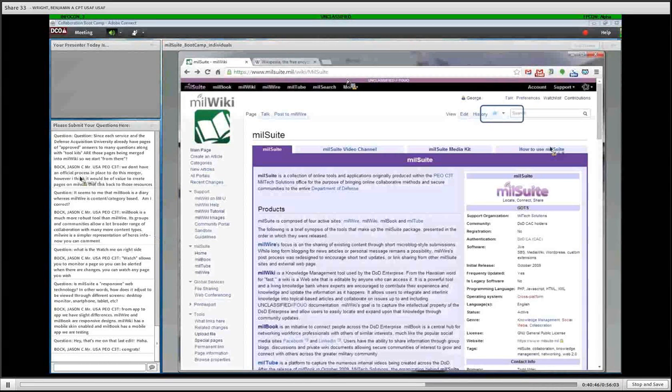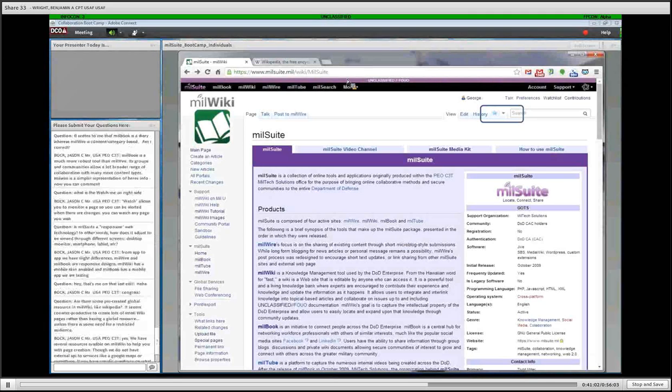So there's, again, there's a lot of options, like Notebook. There is no right way to do it. Obviously, there are better ways than others to do some things, and we'll talk about that in more detail tomorrow when we talk about how groups and organizations can use these. But from an individual perspective, the important thing to remember is that you should create a user page that reflects who you are, that shows your background, shows the things that you're interested in. Has a short bio. The nice thing about MilWiki is